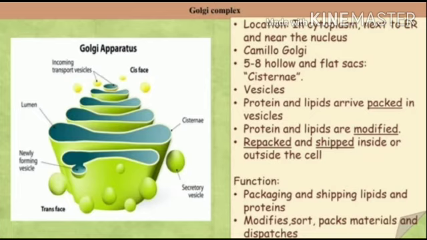Now, function of the Golgi complex. First point, Golgi complex is the secretory organ of the cell. Second, it modifies, sorts and packs material synthesized in the cell, that is enzymes, mucus, protein, pigment, etc. and dispatches them to various targets like plasma membrane, lysosomes, etc. Third point, it produces vacuoles and secretory vesicles. Next point, it helps in the formation of cell wall, plasma membrane and lysosomes.